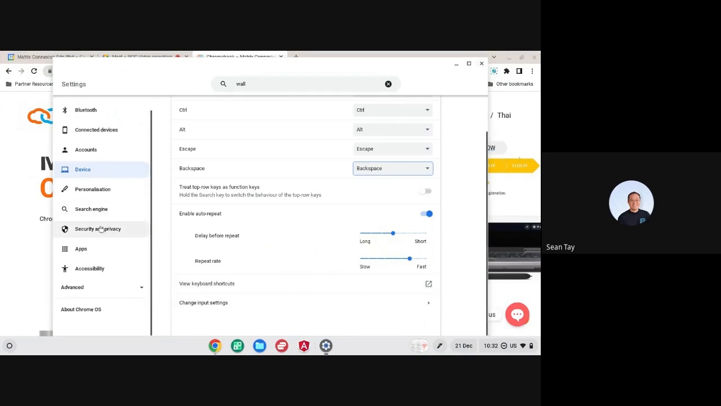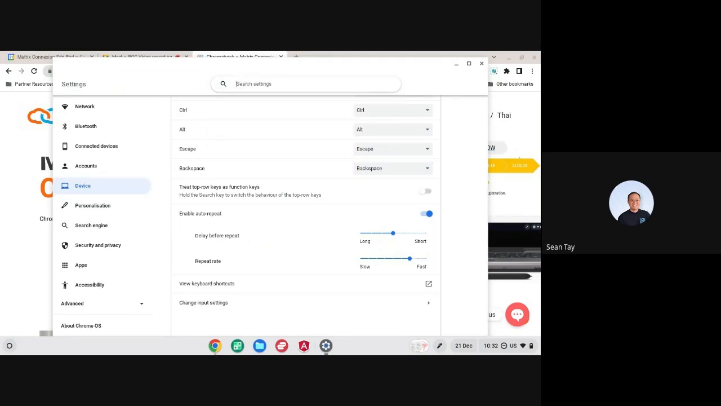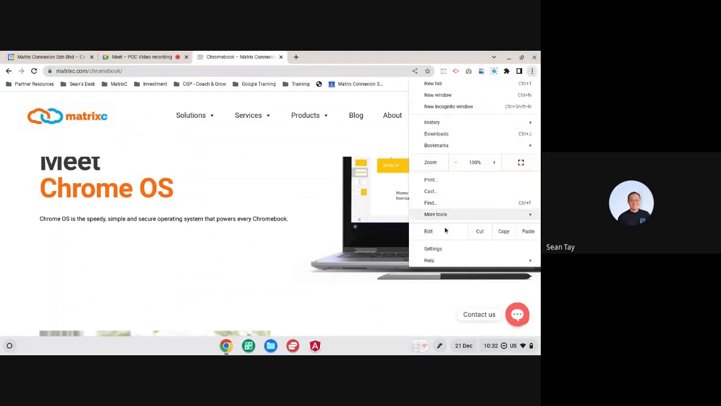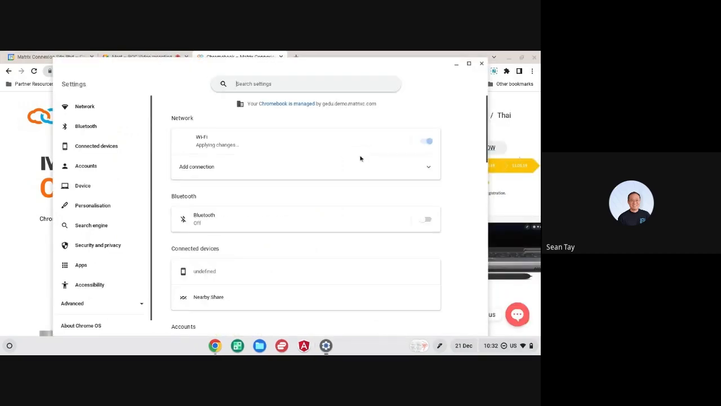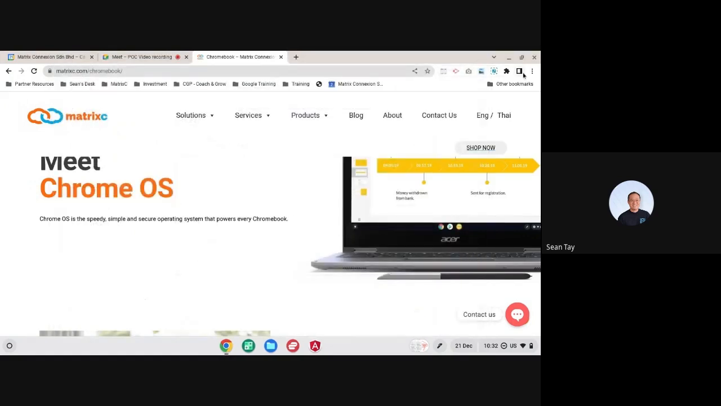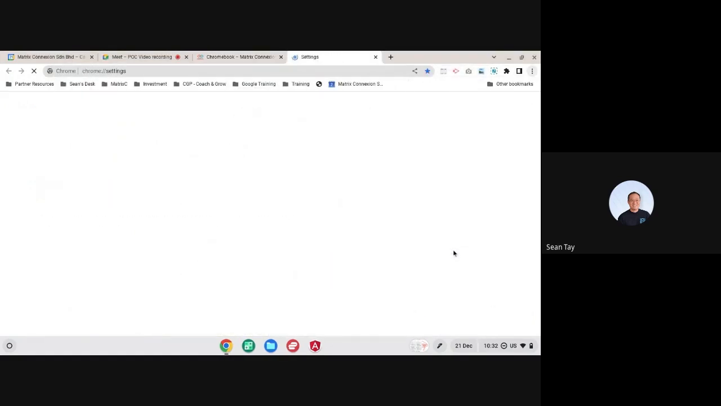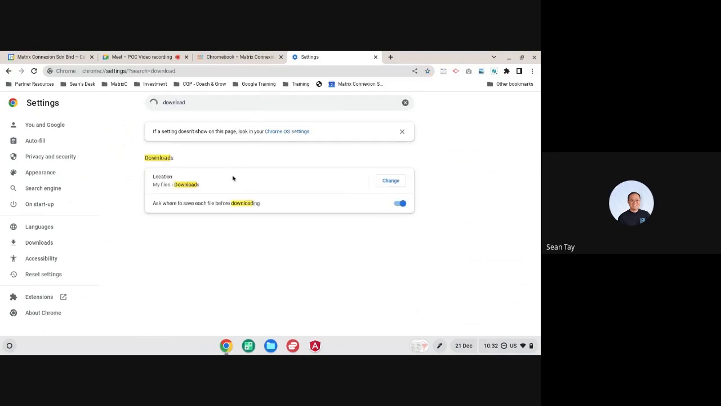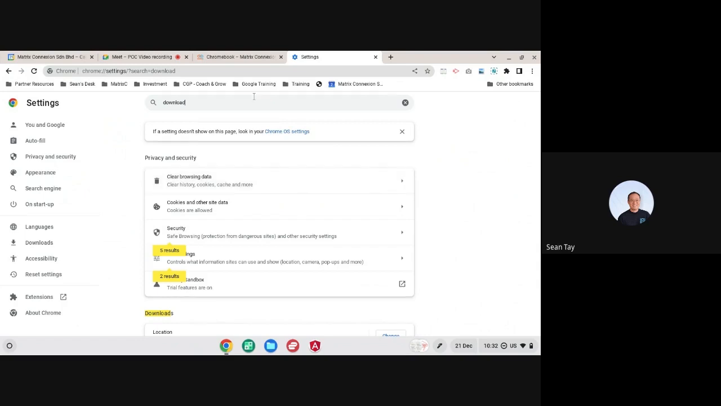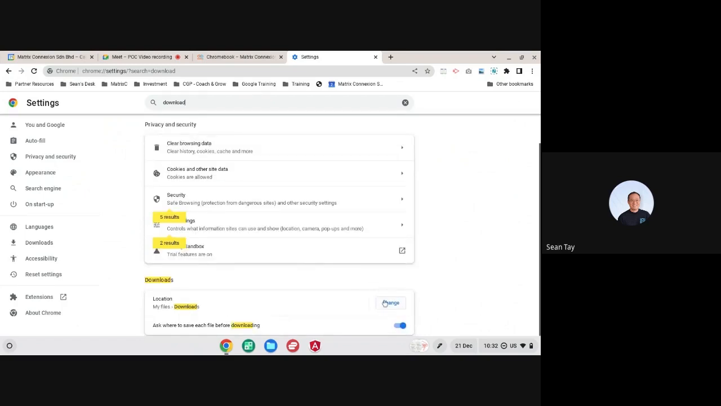So there are other settings. One setting that I found useful is the download setting, right? This is not from the device setting, but maybe this is more from the Chrome setting, right? So there are two ways to do your settings. This is more towards your device settings, which is the hardware, the Chromebook itself, and this is more to your Chrome settings, right? So when you search download,